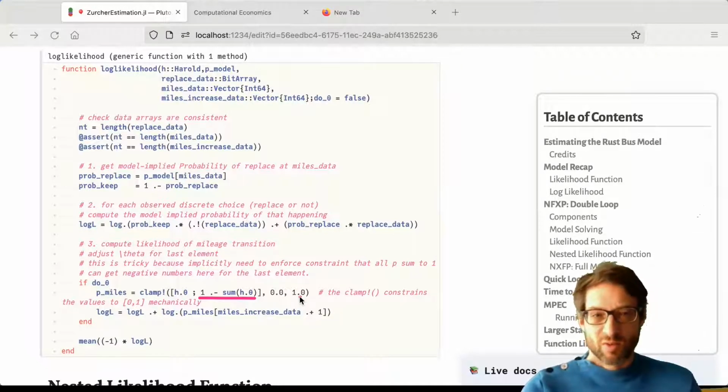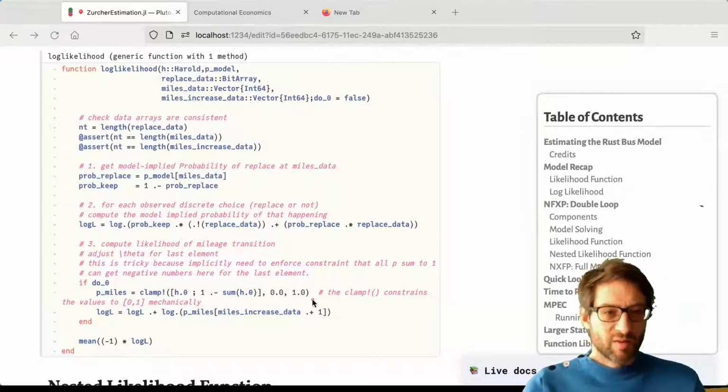This is kind of trying to force the solver to make sure that these thetas are valid probabilities. In nonlinear optimization, you often have to do these kind of tricks and hacks and try to guide the solver into a certain direction. And then once you computed that, we can just add it to the log likelihood function, the first part here. You remember it was just a plus, so we do log of this mileage transition at the